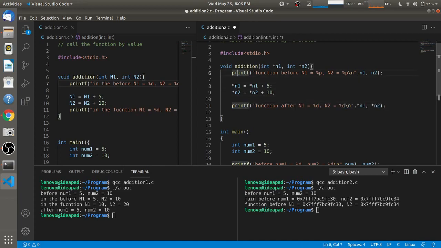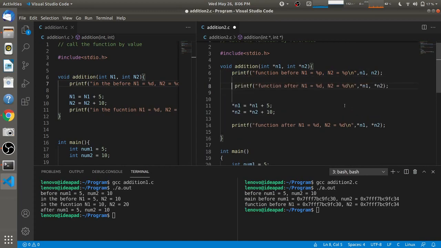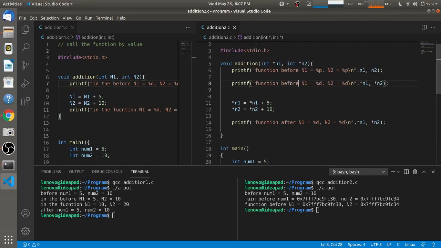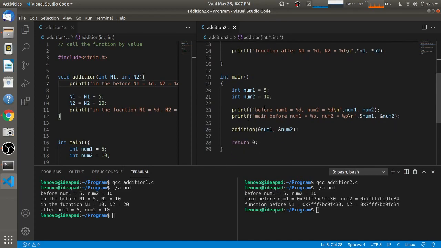And I'll also copy this and paste it here to see what values are coming into this n1 and n2. So that way we will get to know what values are getting passed into n1 and n2, and if they are getting modified, whether they are reflected in the main function or not.